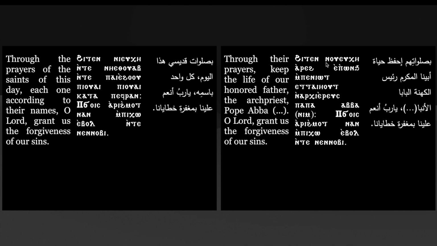Because ne means that you're making the thing that is being possessed plural. So if we had bo if she, it would be a singular thing, so it would be through their prayer instead of prayers. So ne means that's a plural thing that you're talking about. And o at the end here means the possessors are a third person group. So it's their prayers. And if we go back here,